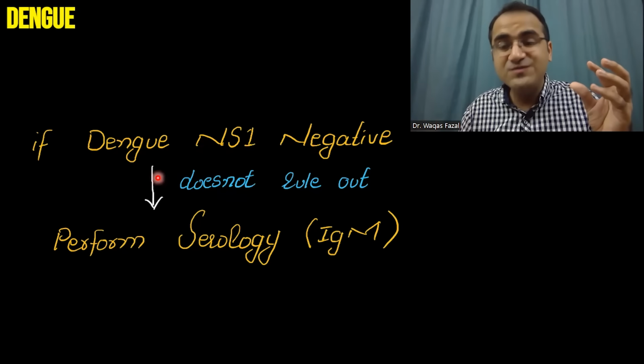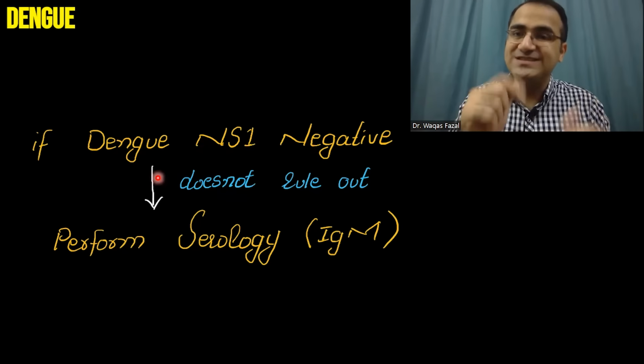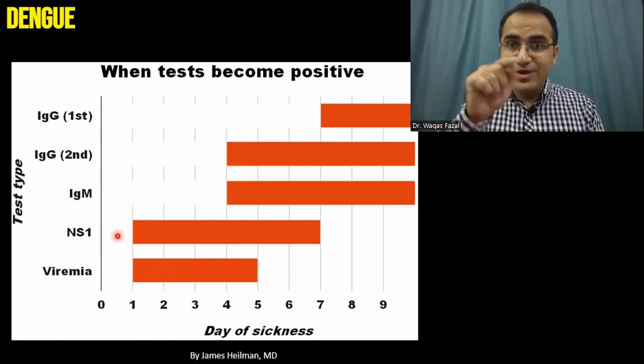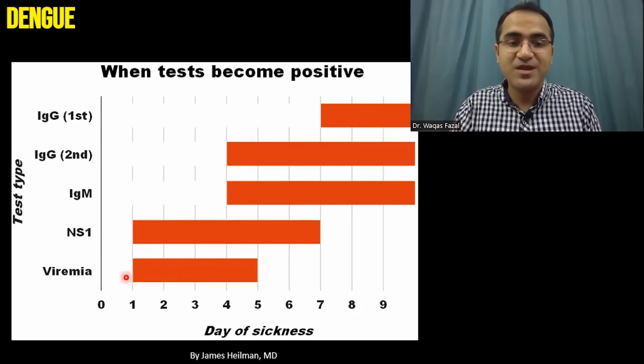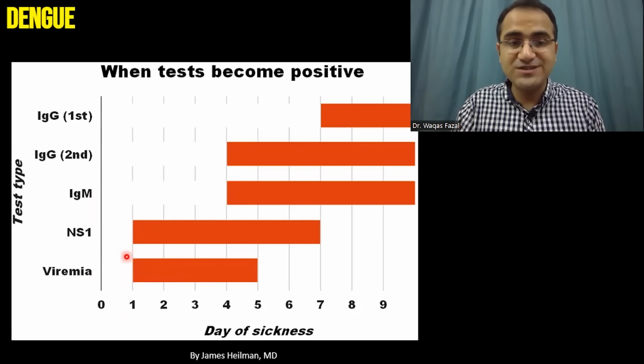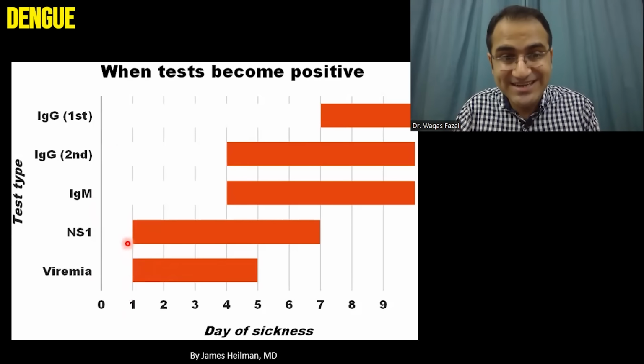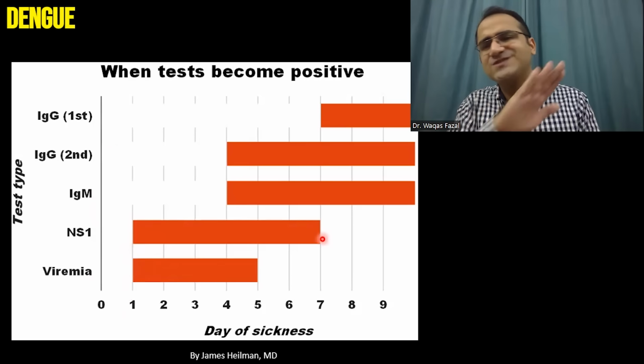You can perform serology to detect antibodies against the virus. This is a very good chart that shows the usability of different tests according to the days. From the first day of onset of symptoms, you can detect NS1 antigen, but after 7 days, NS1 antigen should